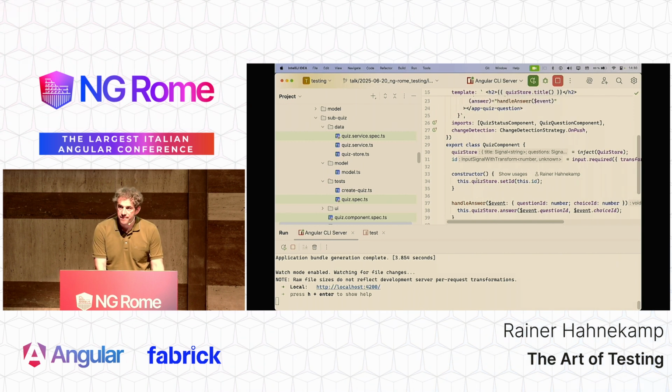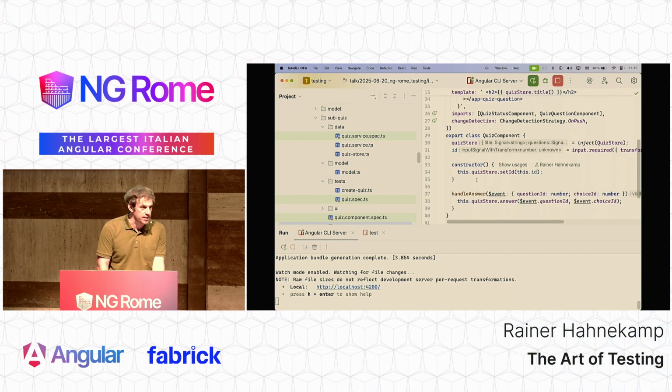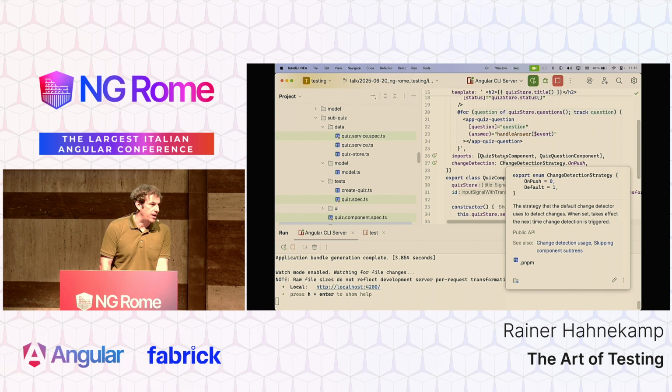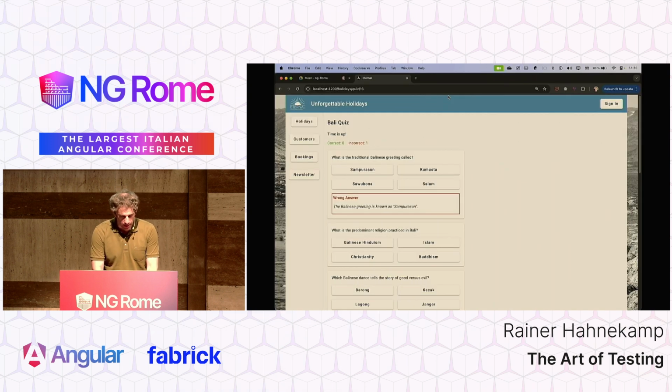Please remember, the quiz component has one dependency when it comes to services, which is the quiz store. And it has 2 dependencies when it comes to the UI, which are the status and the question component. Good. So if we now want to test this,